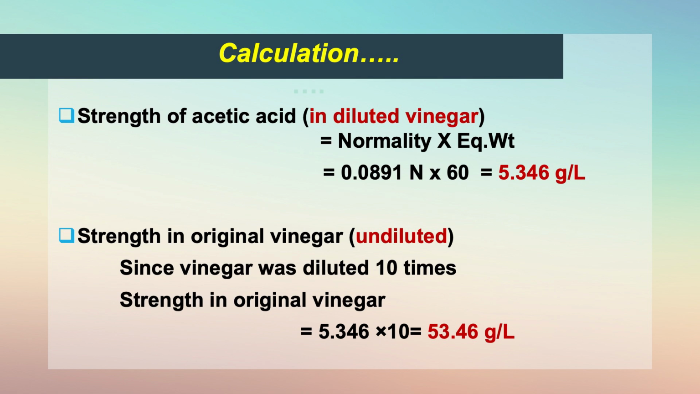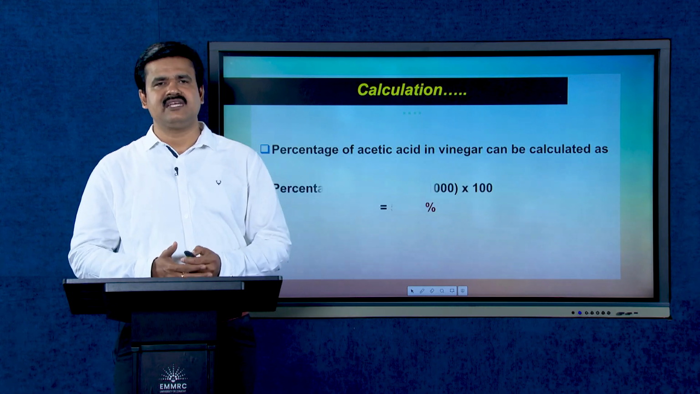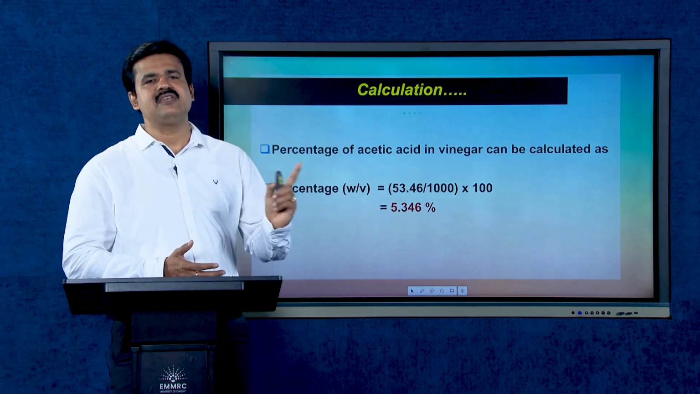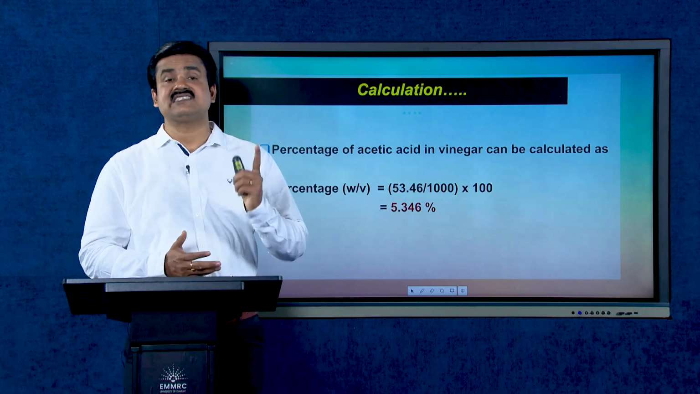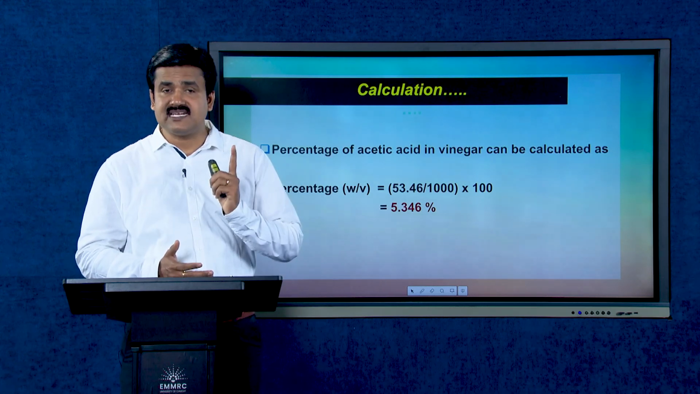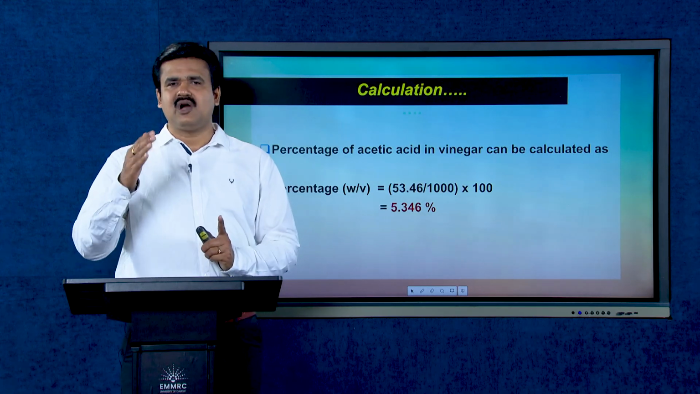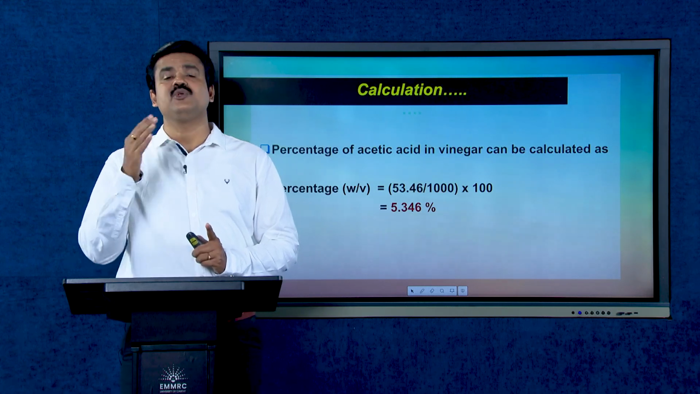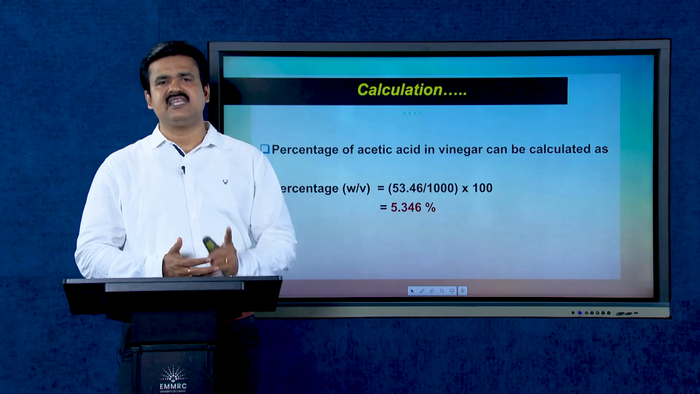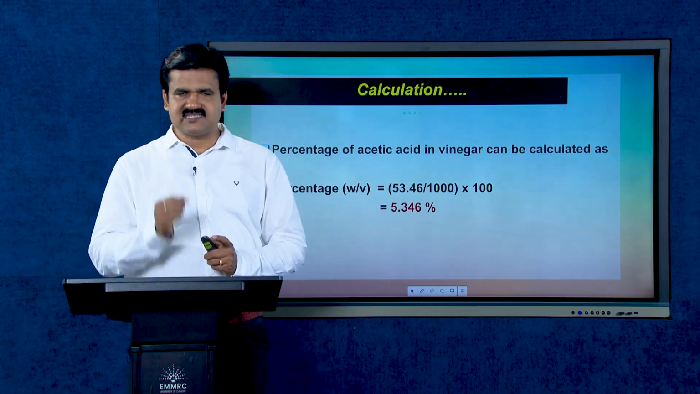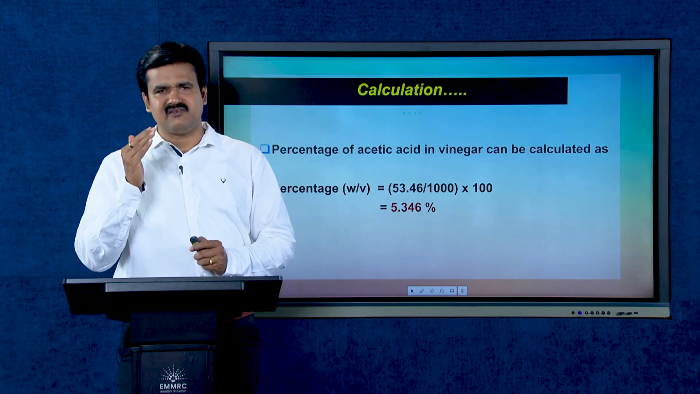53.46 gram per liter. Now, the percentage of acetic acid in vinegar can be calculated as the weight by volume percentage, which is equal to 53.46, that is the weight per liter, so weight per 1000 ml. So, 53.46 divided by 1000 ml. You have to find out the percentage, so you have to multiply with 100. So, 53.46 divided by 1000 into 100. You are getting the percentage of acetic acid in the given vinegar as W/V equal to